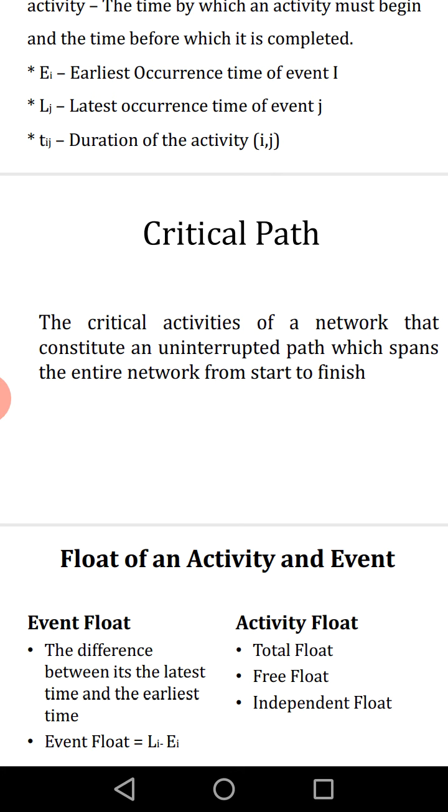Whenever I say a critical activity, those critical activities have long duration and without interruption, they will not be interrupted. So from the start of the project till the end of it, you will be able to find a critical path, and that critical path will encompass the critical activities of a network.